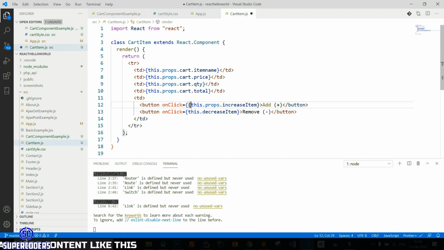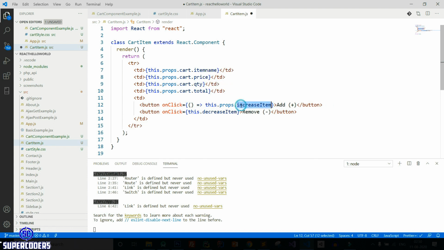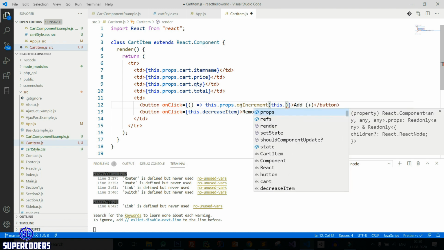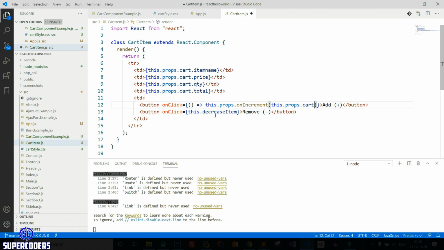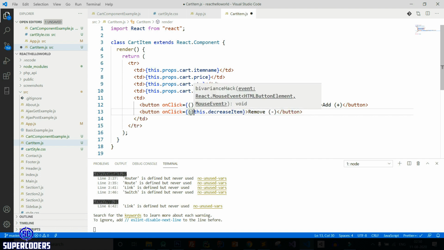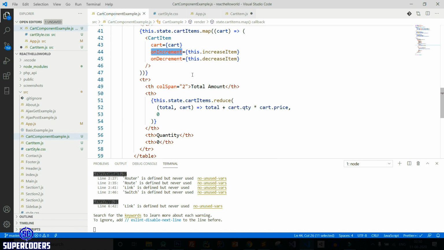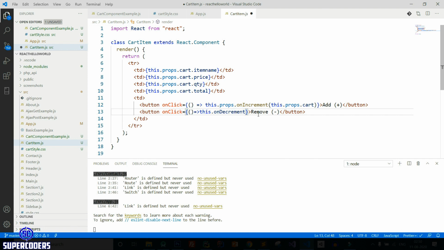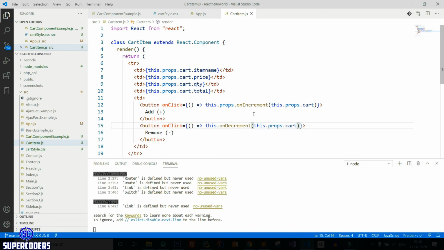So calling this method like here and pass this dot props dot cart. Also here this dot props dot cart. Save it.